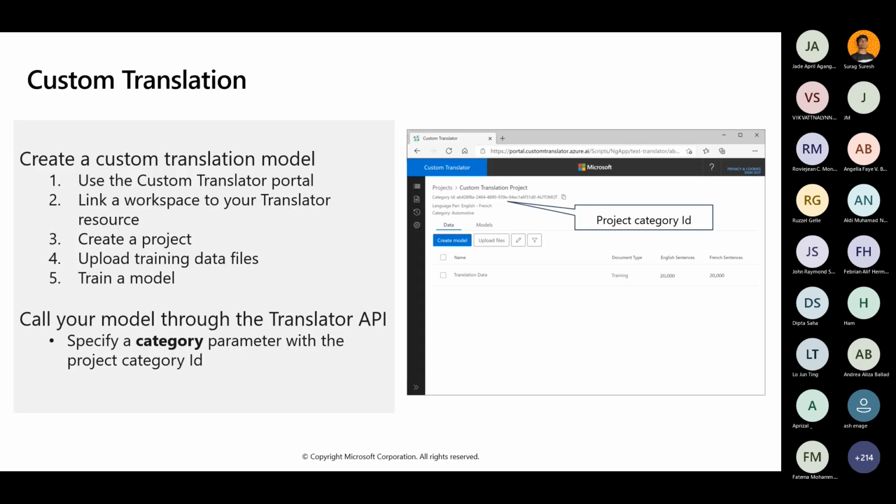We also have custom translation. So you could actually do this. There's a site in Microsoft, like Microsoft PVA as I said, which is like a sandbox where you could practice doing your custom translation. You're going to use a custom translator portal, and you're going to link your workspace for your translator. With this one, you could link the translator either to Microsoft Teams or other compatible apps. All right. I believe not all workspaces will be compatible with it, but it depends. Okay.